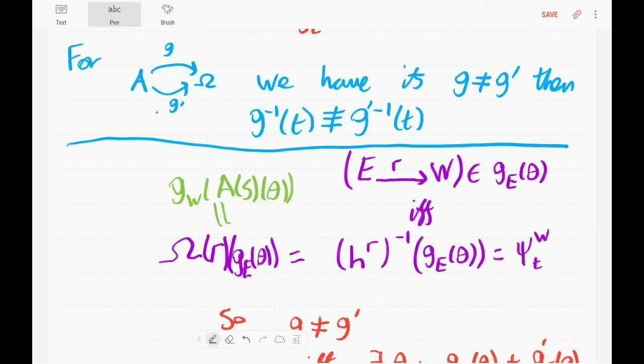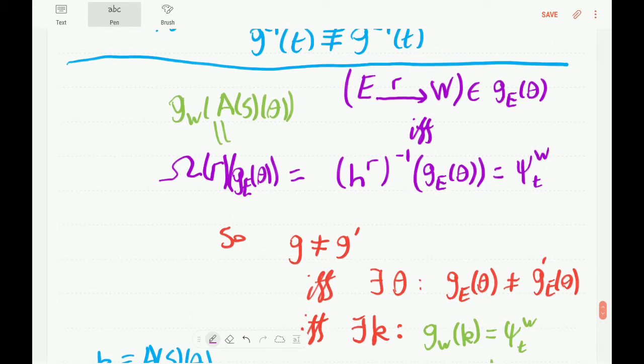which just says that if you want to get the same result by pulling back along arrows into omega, those arrows better be the same. Or the contrapositive, which is really what I'm proving here, is that if G is not equal to G dash, then the pullback of true along G is not equivalent to the pullback of true along G dash. So how do we establish this? Well, this turns out to be the kind of